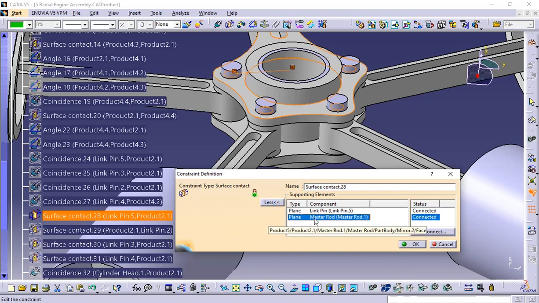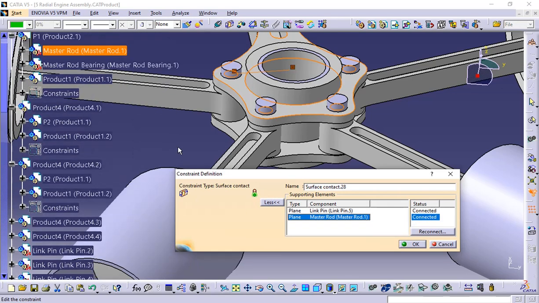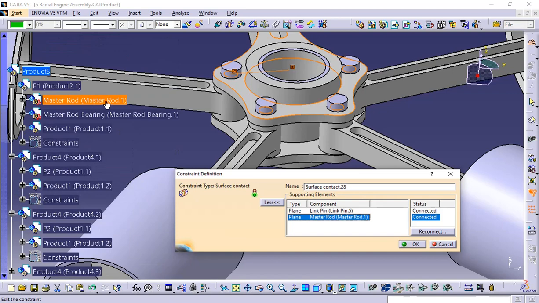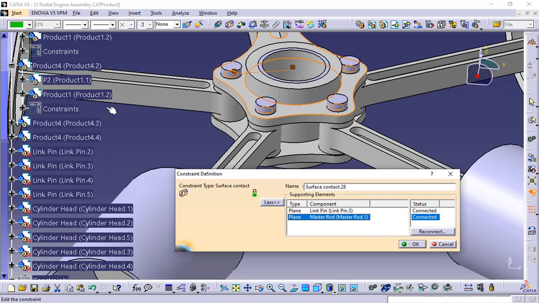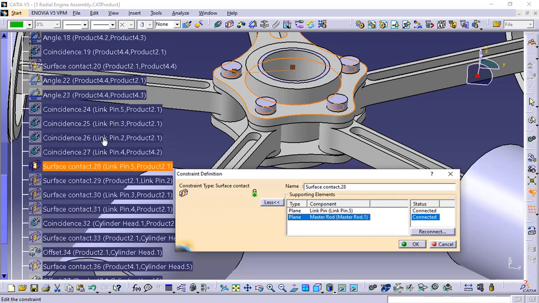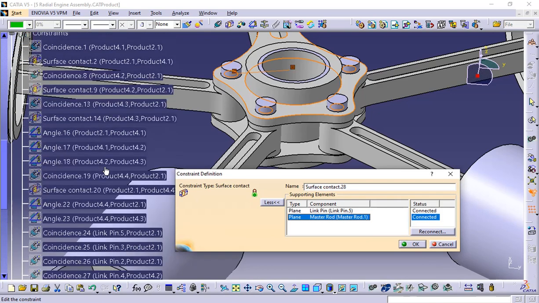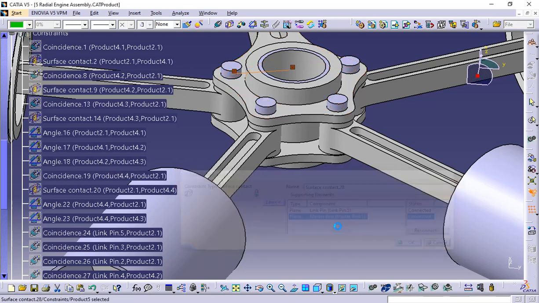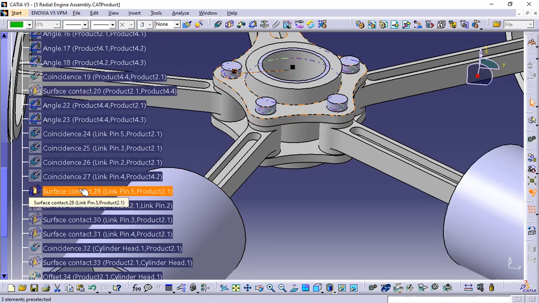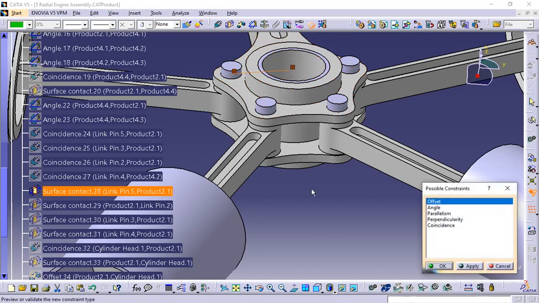So where is this master rod? Yeah, here is the master rod one. So between the pin 5 and the master rod one, there is a surface contact constraint. So we just select this and select this replace or change constraint option, and it shows you all the possible constraints that we can apply